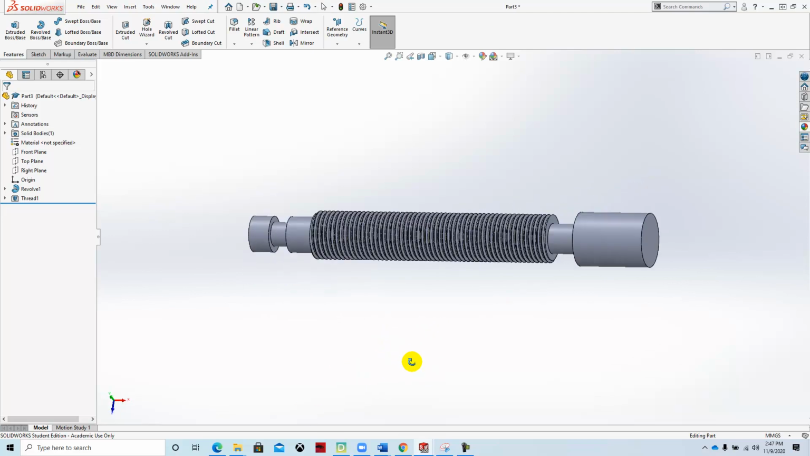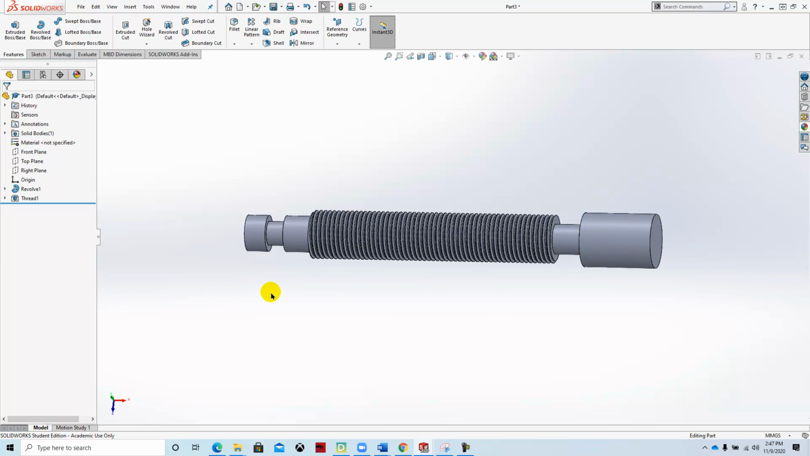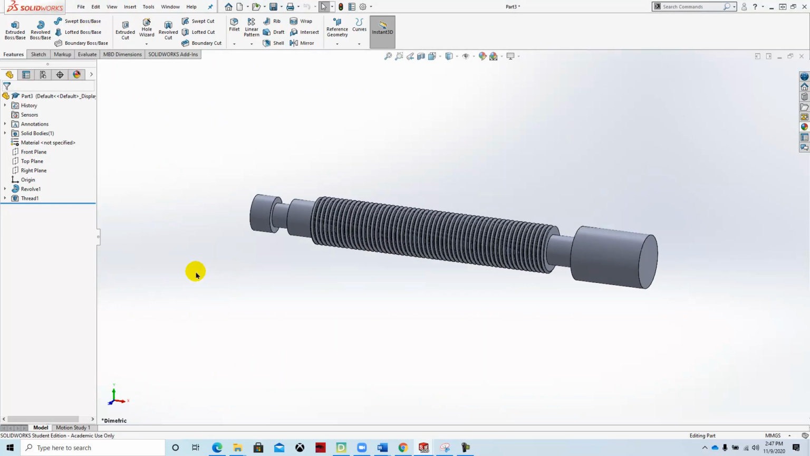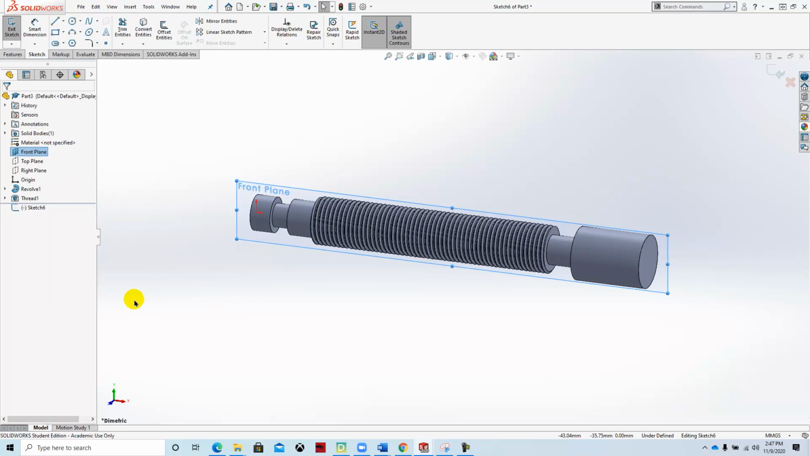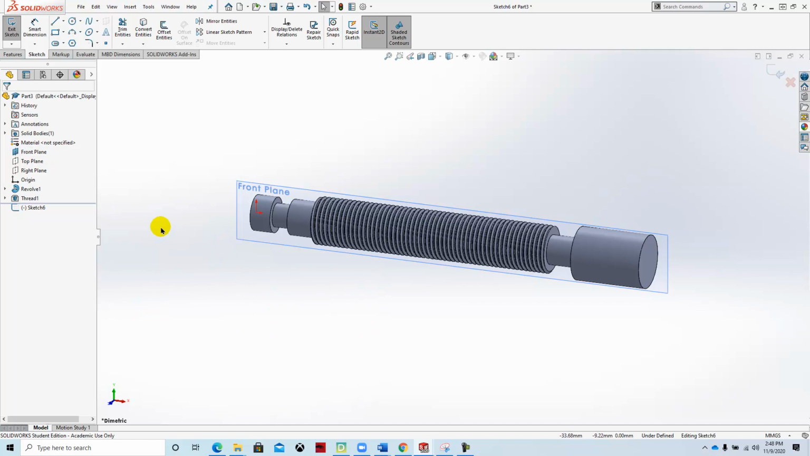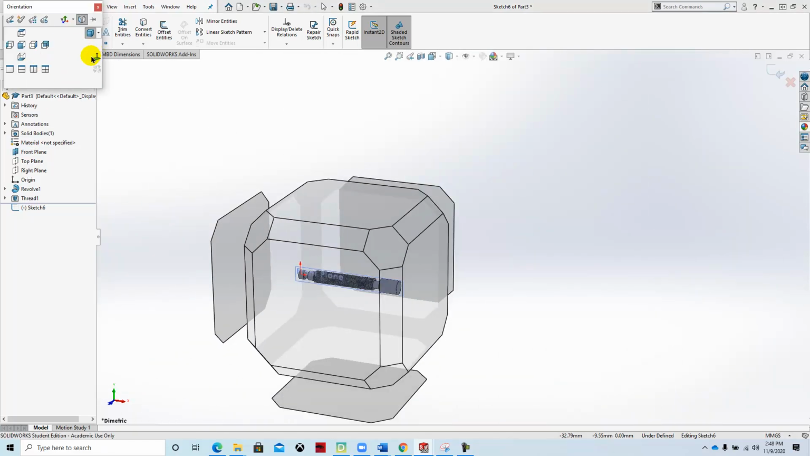Now the last thing we need to do is put a hole in this part. The easiest way to do it is to use one of the planes and just drive that through. So I'm going to hit spacebar and take an isometric view. I'm going to show my front plane, and I'm going to make it on the front plane, and I'm just going to go right down the middle and make a hole mid-plane. And so I'm going to create a sketch, spacebar, normal to,